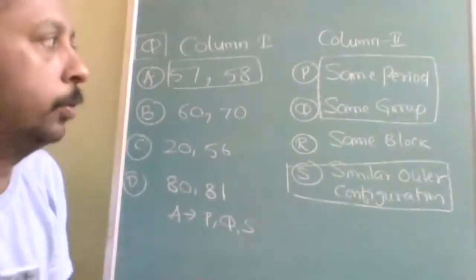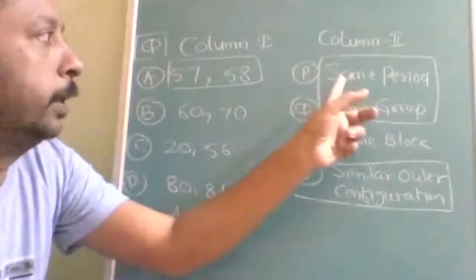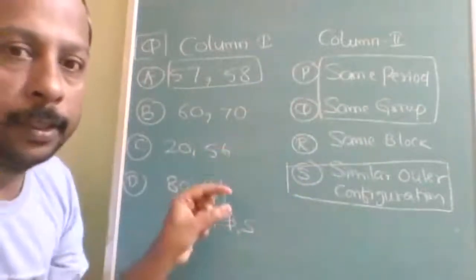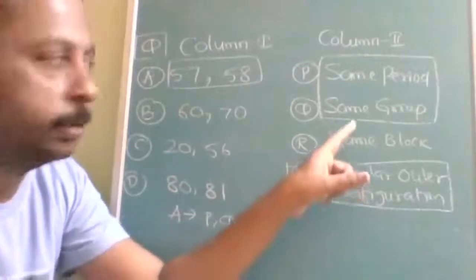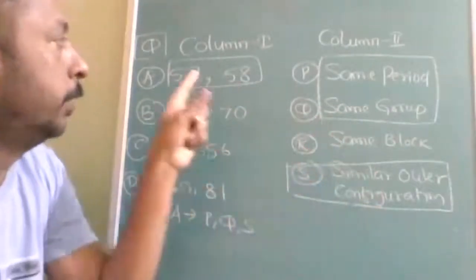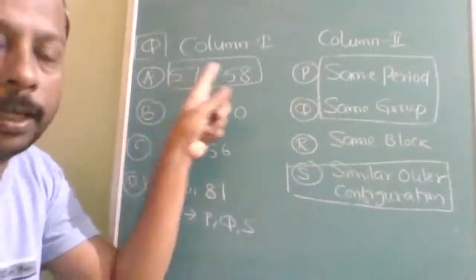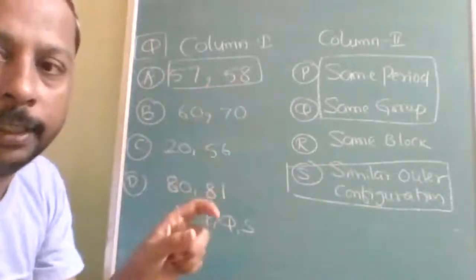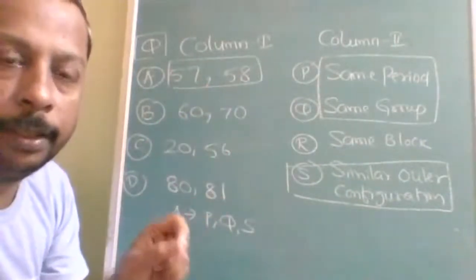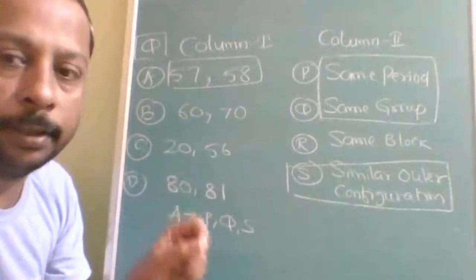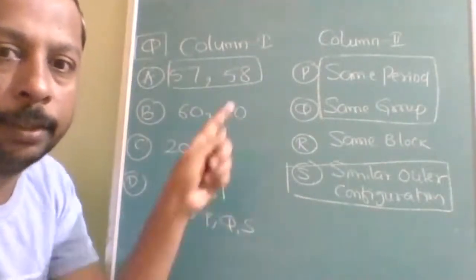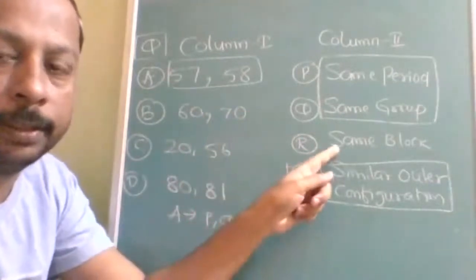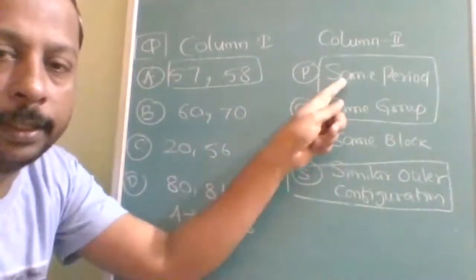Okay, very good doubt. See here, they are in the same period. After that, the block will be changing. This cannot be the same block because lanthanum is D block. And after that, whatever the 14 elements, they will be in the same period, the third B group only, but the block will be different. So why am I not selecting this? Is it understood why I am selecting P, Q, and S?